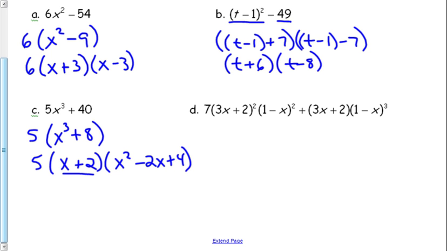All right, if we look at letter D, it kind of looks like a big old mess. It's not. It's actually two big terms. I just underlined the first term. Now I'm going to underline the second term. All right, what they have in common. You can see they both have a 3x plus 2 and a 1 minus x. You want to take the one with the smaller power. So for the 3x plus 2,